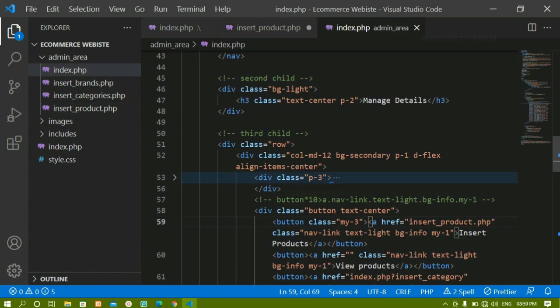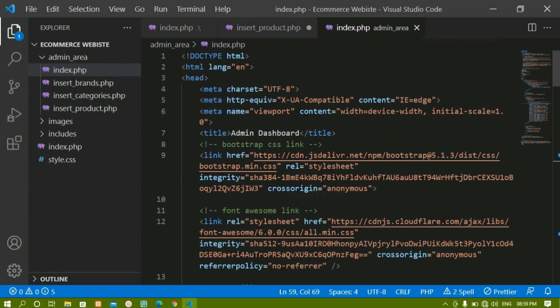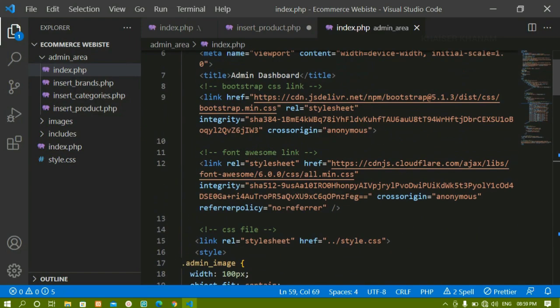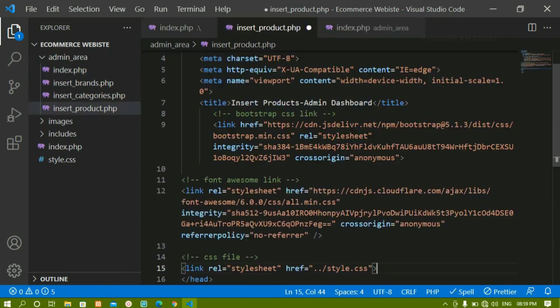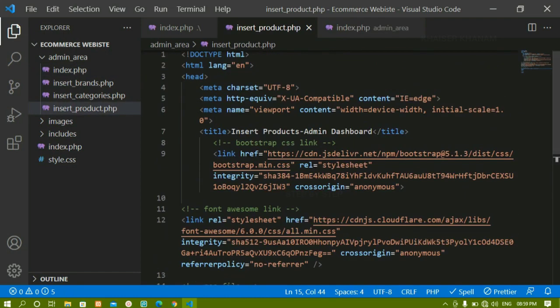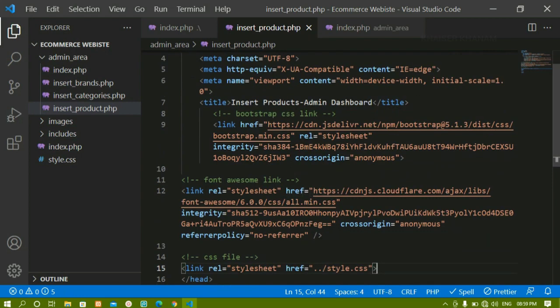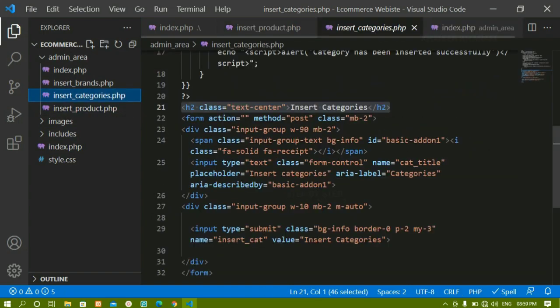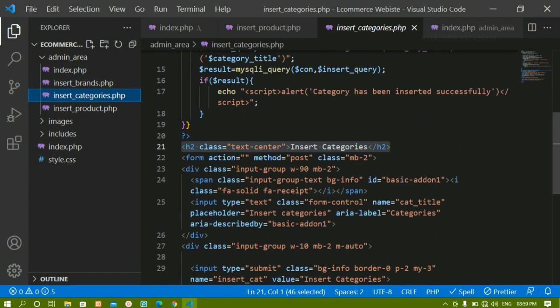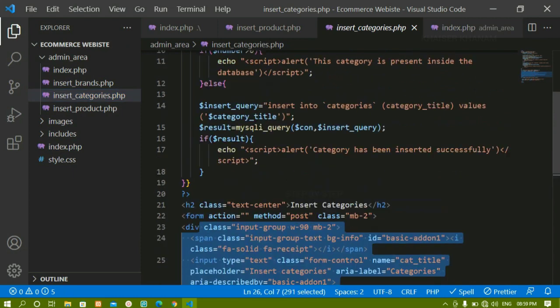Now from index.php, I'm just going to copy these basic links. This is the bootstrap CSS link. All the links I'm just going to copy from here, and inside this I'm just going to paste that one. This is a separate file, so I'm just linking bootstrap link, font awesome link, and CSS link. But for insert categories and insert brands, we have not done that. We have just created this simple form, and also we have not written the basic layout of HTML